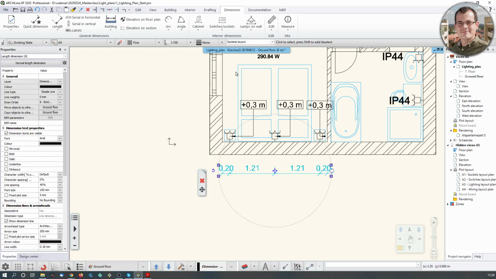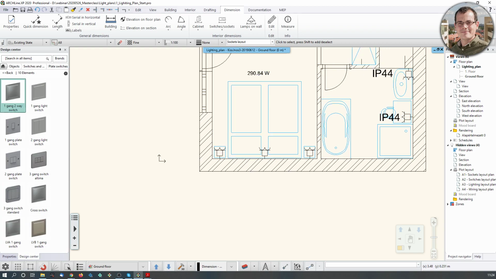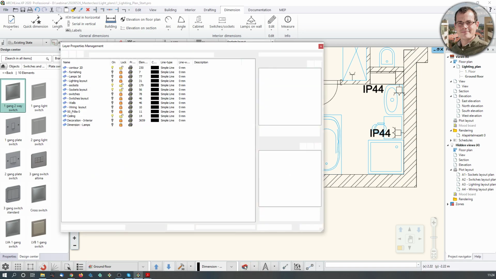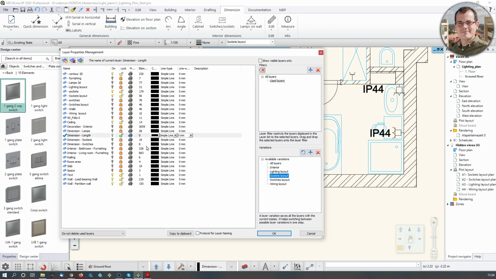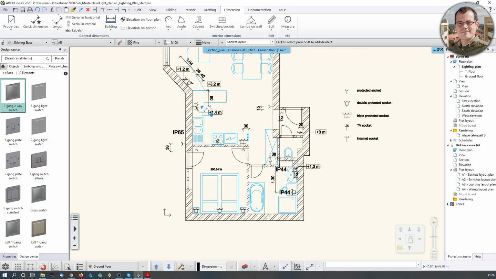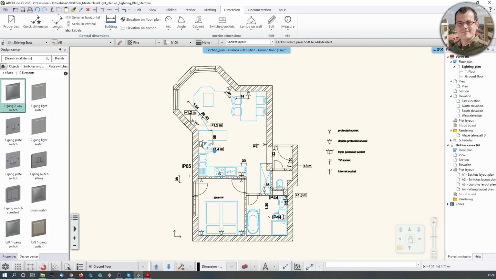Let me just get rid of these things, because luckily I already did this. So I'm just going to get rid of these non-complying dimension styles. I'm going to go to layers, go to the socket layout, and here I need to just turn on the dimensions for the sockets. I think I have already done that. So I have the arrowheads and the text here, so I don't need to do this from the beginning. But the same applies for